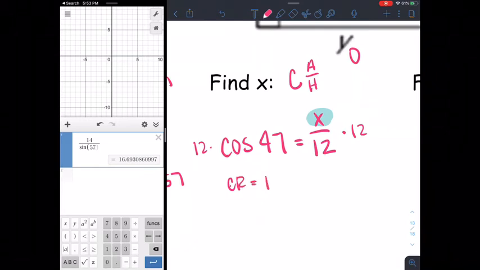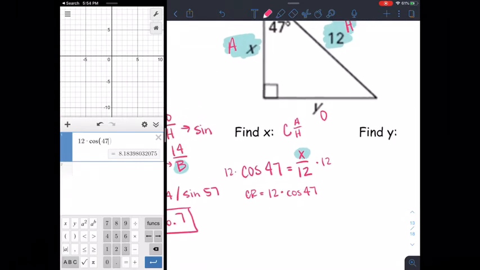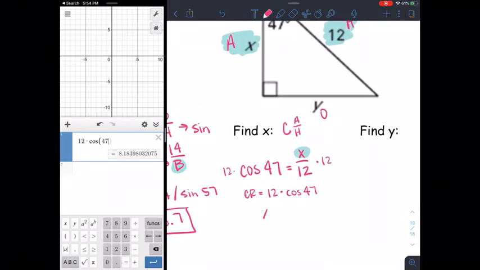So my calculator ready is going to be 12 times the cosine of 47. So 12 times cosine 47 gives me a value of, let's see, x is equal to